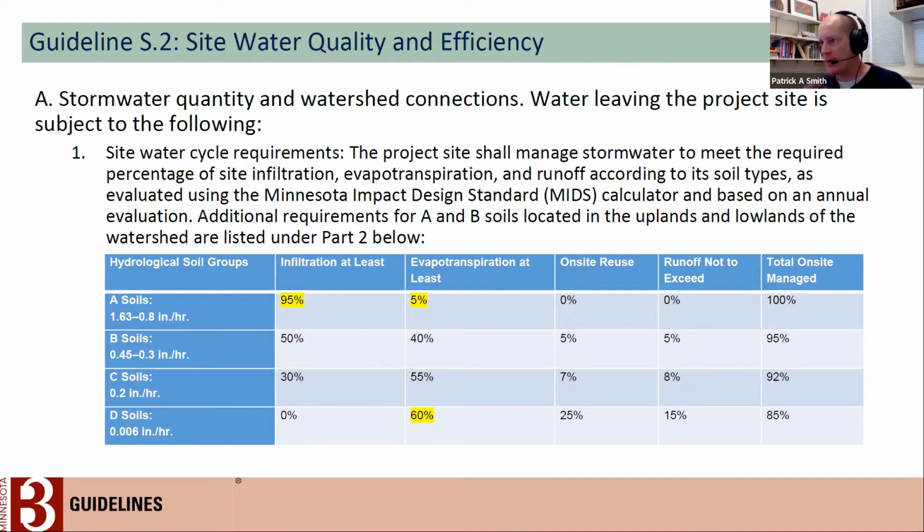we did modify down here the percentage of the site water that is needed to be infiltrated on site for type A soils. Previously, this was at 100%. We've had several projects come through and note that that is a significant constraint relative to the perimeter conditions of sites. So if you've got a driveway or a small driveway or other area that you have tipped away from the site and does run off the site, if it's at the property boundary, if you're getting 96, 97%, it's very difficult to make the additional bump up to 100% unless you're trenching and doing some kind of perimeter engagement,